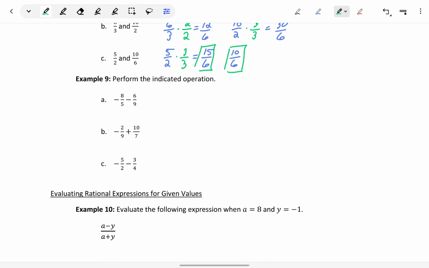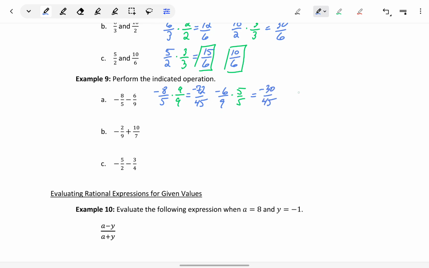Now what we want to do is look at finding some common denominators and then actually performing an addition or subtraction step. In part A of example 9, we have -8/5 and -6/9. The least common multiple here would be 45, so we need to multiply the first fraction by 9 over 9, and the second fraction by 5 over 5. That's going to give us -72 over 45 and -30 over 45,